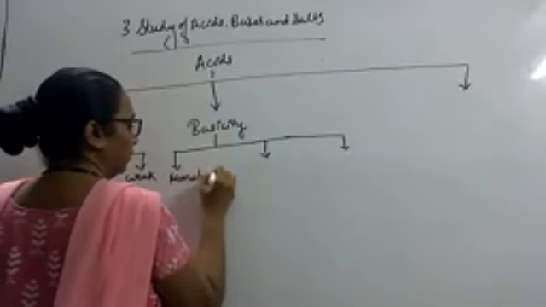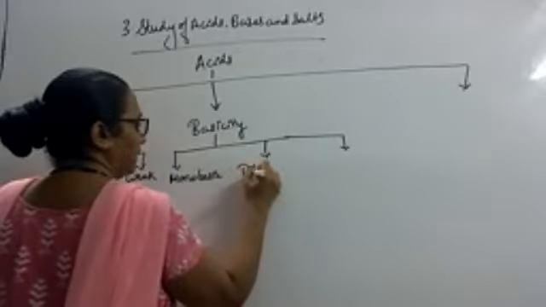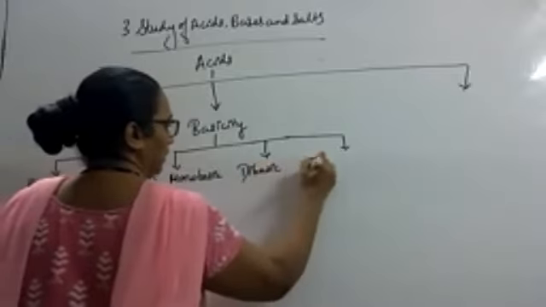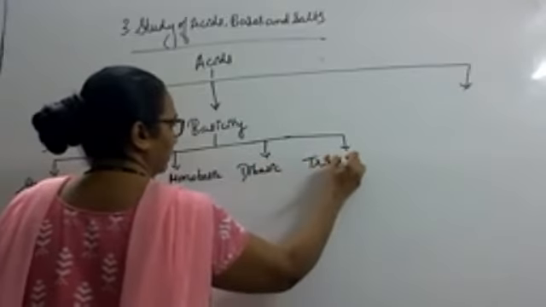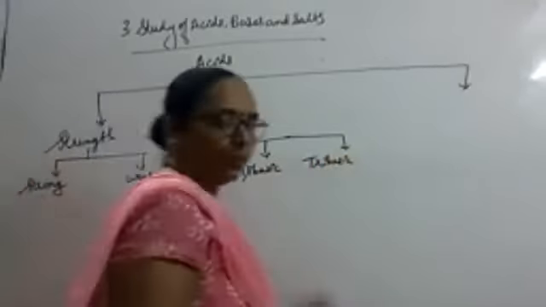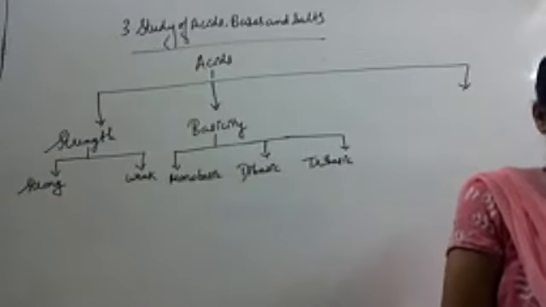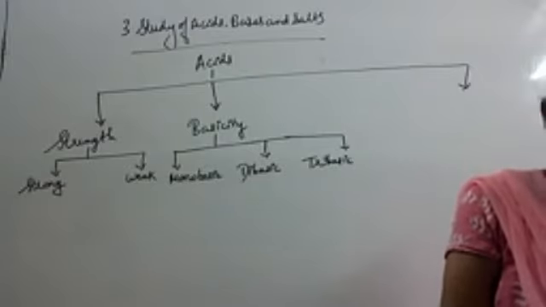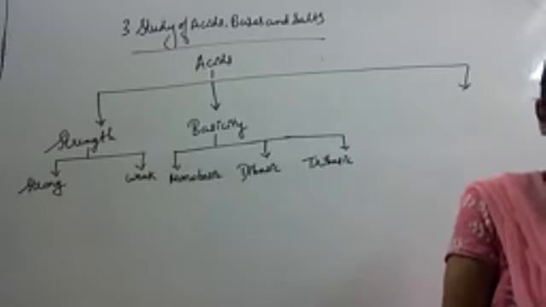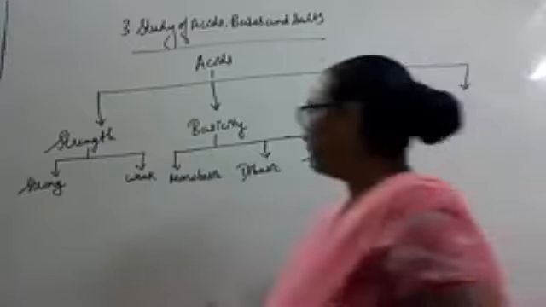Monobasic, dibasic, tribasic. Monobasic means 1 hydrogen ion, di means 2, and tri means 3 hydrogen atoms. That examples we'll see. Next, the third part is